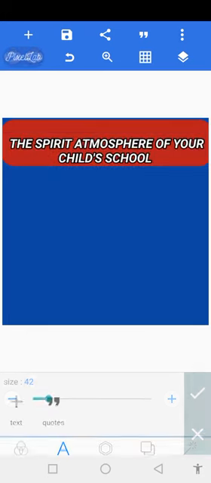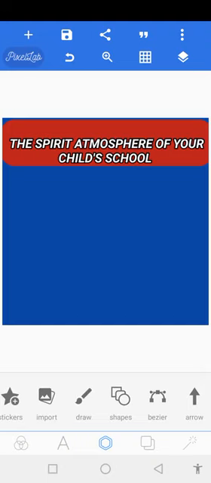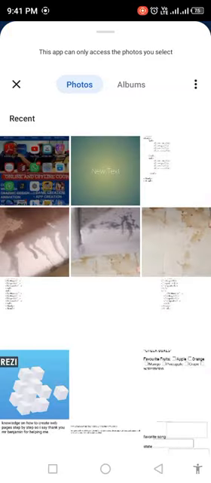Okay, I think this is okay for now. Then I want to get my picture. I want to put my picture there as the speaker. So what do I do? I come to this center one and click on it. You see import, after the sticker, the star sticker. Import, click on it to take me to my gallery where